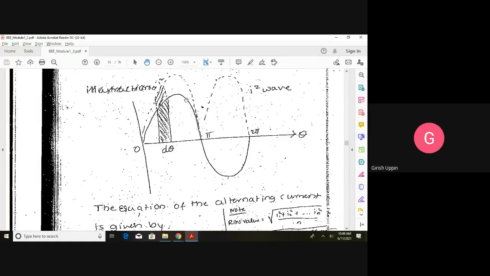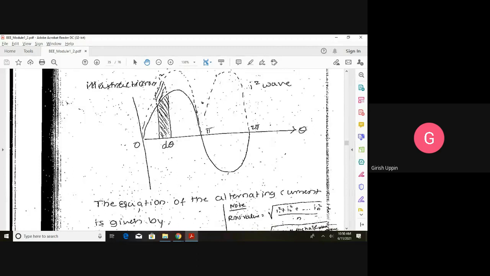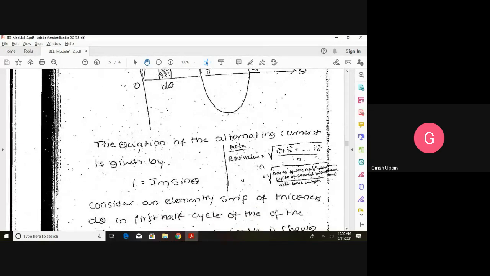Why are we taking half cycle? Because both the cycles are the same. Or if it is represented as instantaneous values, then it is the square root of the sum of all the squares of the instantaneous values divided by the number of samples. So this is the equation. One is the RMS value can be found as the square root of I1 square plus I2 square plus I3 square plus so on, In square, divided by n, that is the number of samples, or the square root of the area of the squared waveform for half a cycle divided by the half cycle time period.